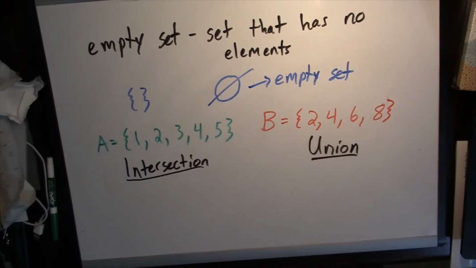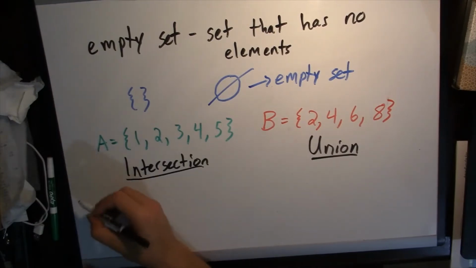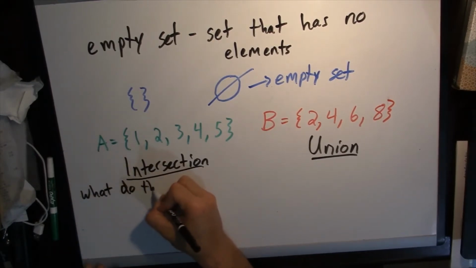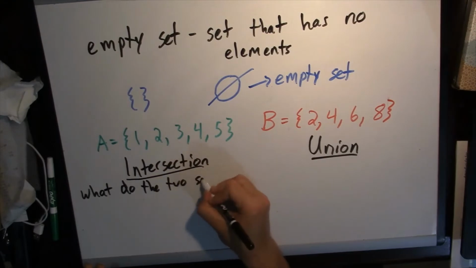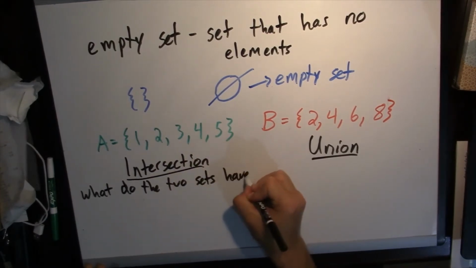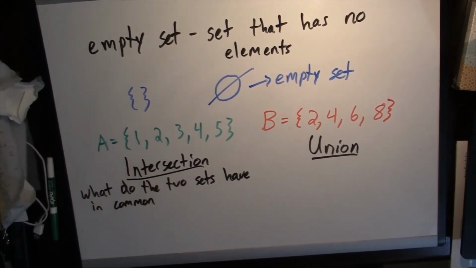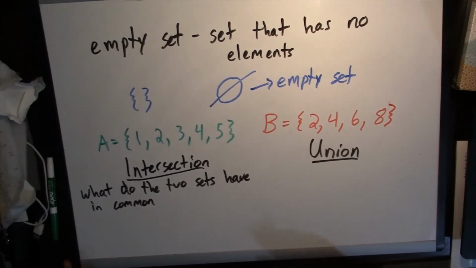Alright, so intersection. If we're talking about the intersection of two sets, we're talking about what the two sets have in common. Okay, let me write that out. What do the two sets have in common? There are two ways that we write intersections. One is using a symbol and one is using words. You need to know both of these. So one way we could write it is